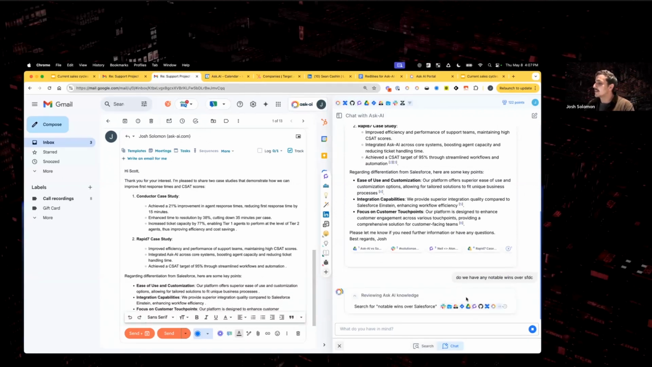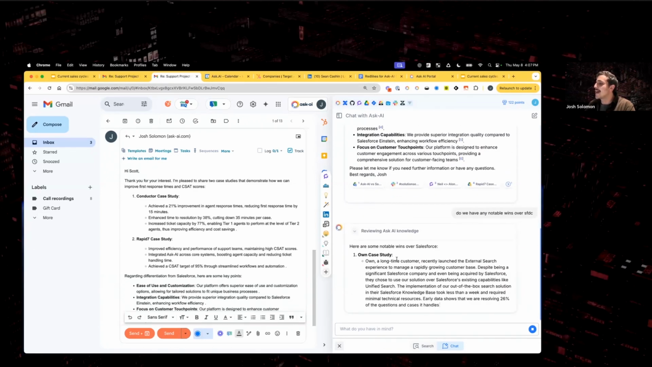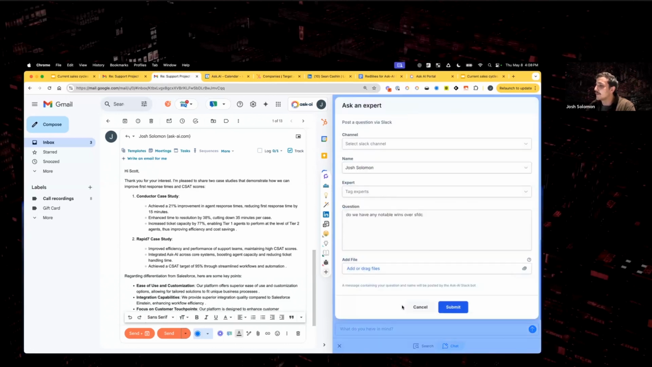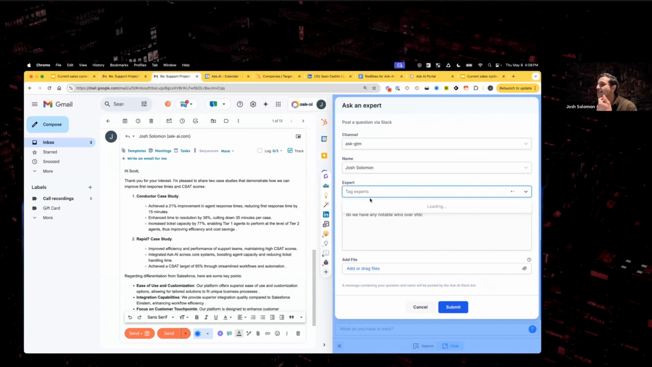You'll see that it uses a different set of tools this time in order to generate the answer. And it will pass me back a couple of examples where we have notable wins over Salesforce. If from here, let's say I still haven't found what I'm looking for, what I can do is route this question to a dedicated Slack channel. So let's say something like our Ask Go-to-Market team, and I can tag a specific expert, maybe Adam,